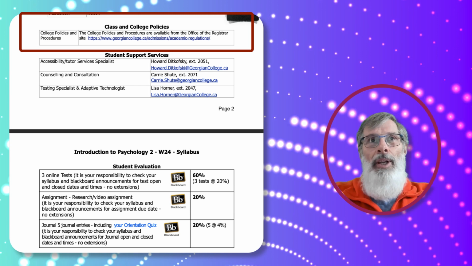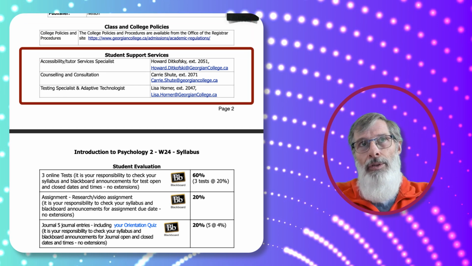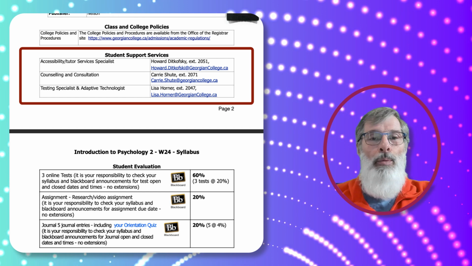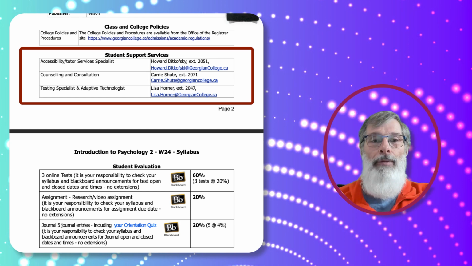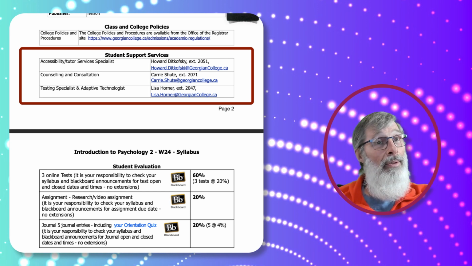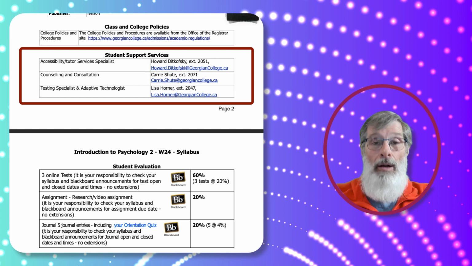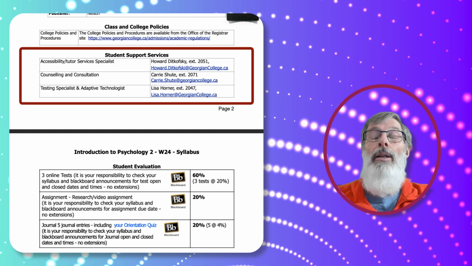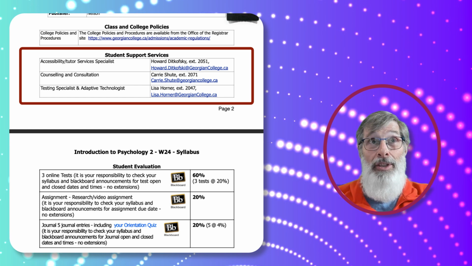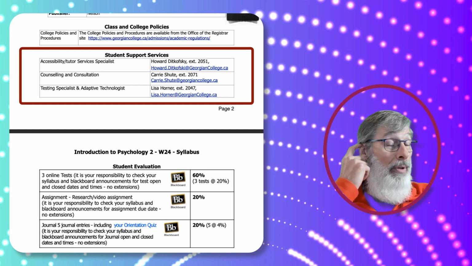Now, below that you see student services. Now, you don't know throughout the semester when you may need academic counseling, personal counseling, or career counseling. Student services can offer you some support that way. The disability services specialist and access and tutoring, Howard does a great job.